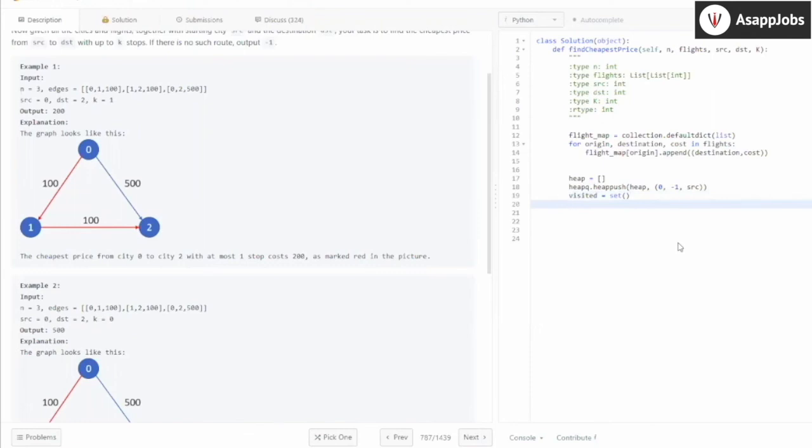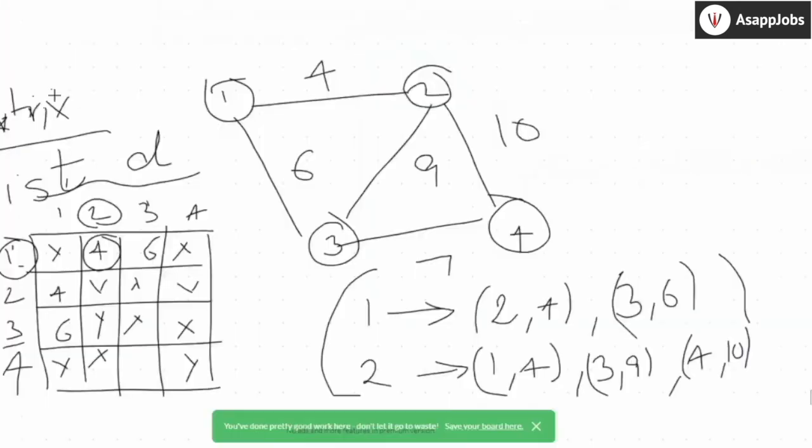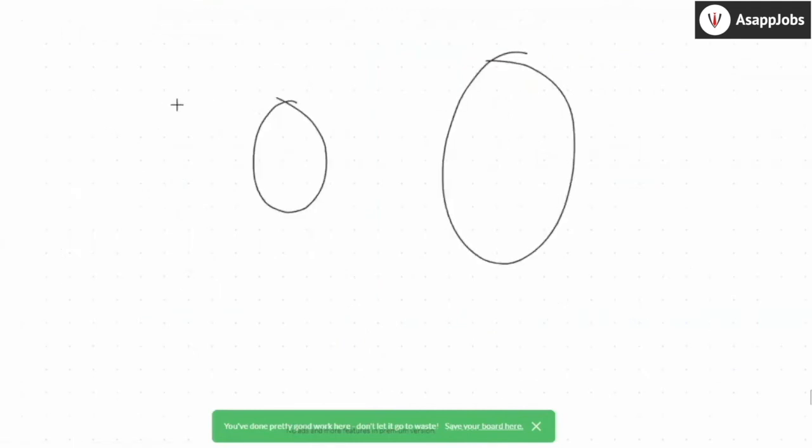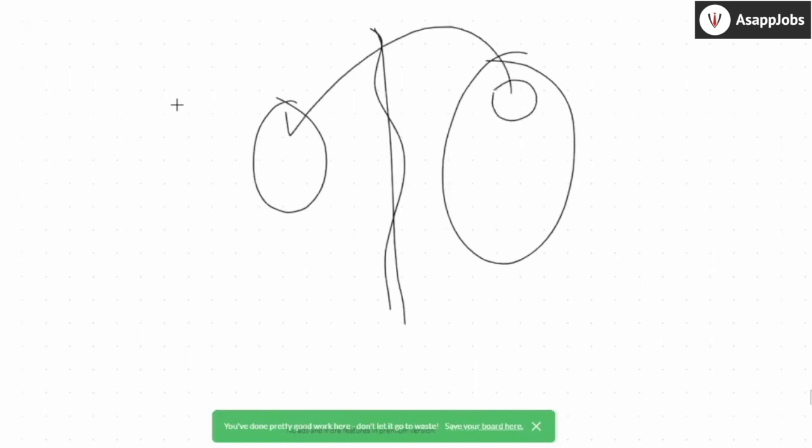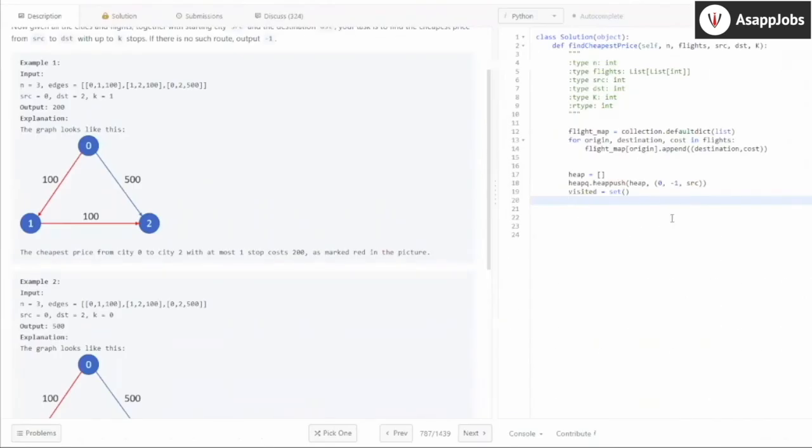If you remember, in the graph that we discussed here, you take an edge from the cut, and whichever vertex you take, you write it here. The next time, you don't consider that vertex again. Once you've used it, you don't consider it again, right? So you have to keep track of whether you considered a vertex or not. That's why the set is the implementation part of it, but theoretically, that's what it is.